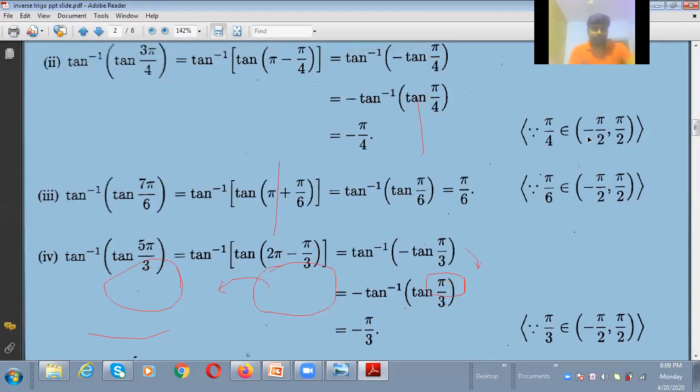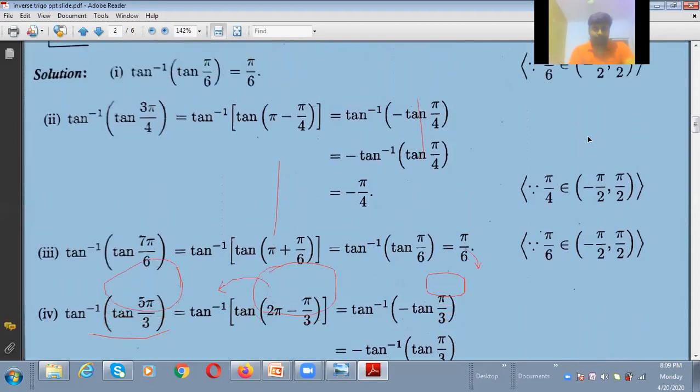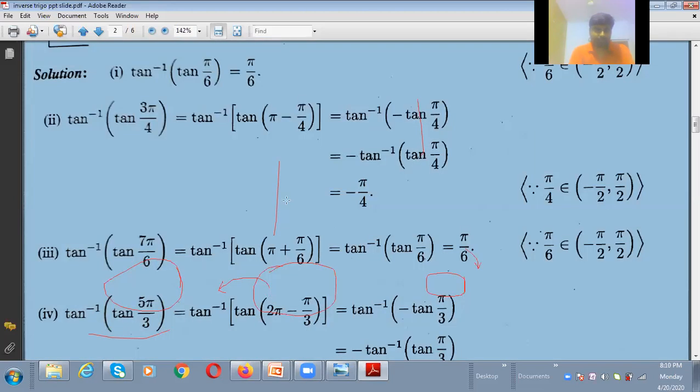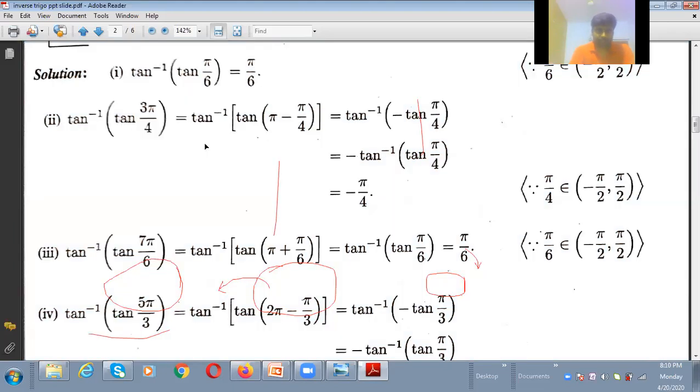Now, tan inverse of tan 3 pi by 4. Tan inverse tan cancel there, so pi by 6 we can get. Similarly, tan 3 pi by 4. 3 pi by 4 can I write as 135? Does 135 lie in its domain? No. So what is the domain for that? See here, pi by 4 belongs to minus pi by 2, pi by 2, but not 3 pi by 4 there. So 3 pi by 4 does not lie in that. Clear?